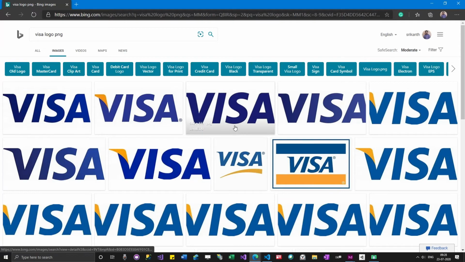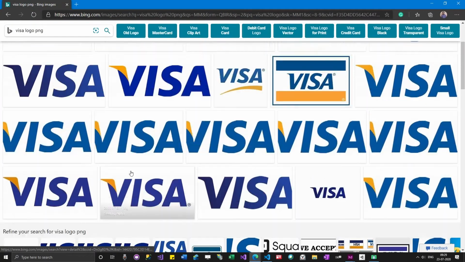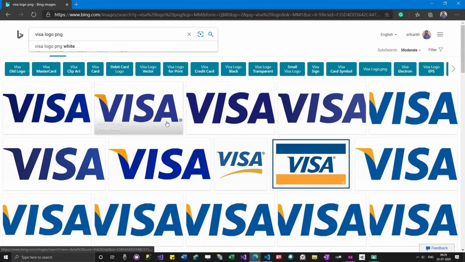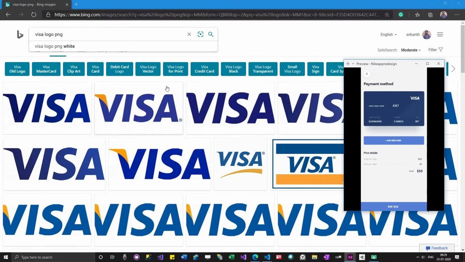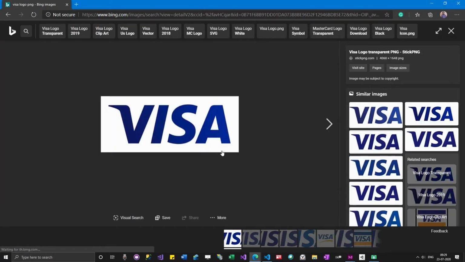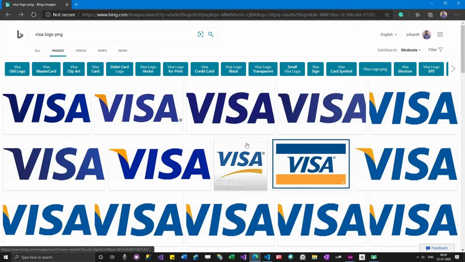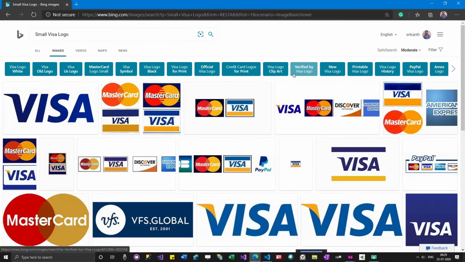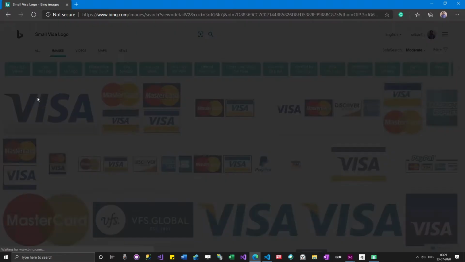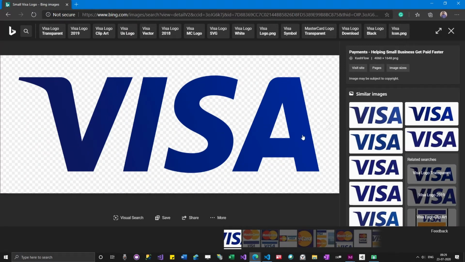So we got so many logos. Let's pick something small. The reason why I want to pick small is this logo is always going to be small. It doesn't make sense if I take a very big image. Even if I take some big image, I have to convert that into a small image and then use it. When it is unnecessary to take a big image, why is it important to go for a small image? Any guesses?